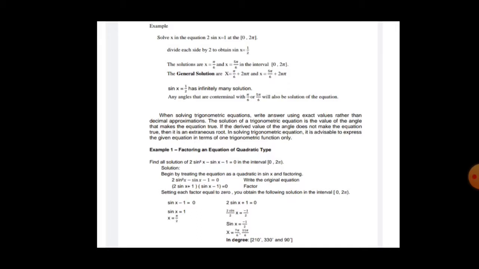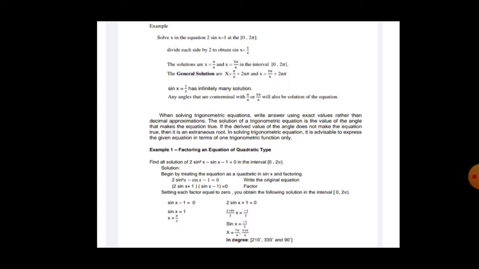The general solutions are x is equal to pi over 6 plus 2 n pi and x is equal to 5 pi over 6 plus 2 n pi. Sine x is equal to 1/2 has infinitely many solutions. Any angles that are coterminal with pi over 6 or 5 pi over 6 will also be solutions of the